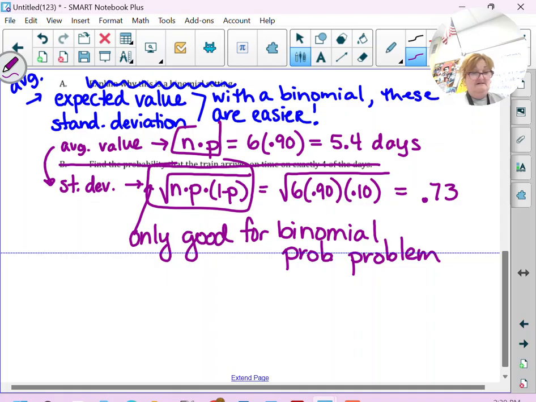Okay. With all of that, you should be able to take your review sheet, flip it over to the back, and do questions 3 and 4. Okay, so that's what I would like you to do right now. Go on the back of your review sheet and answer questions 3